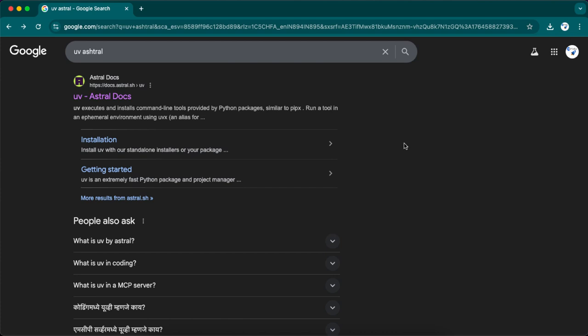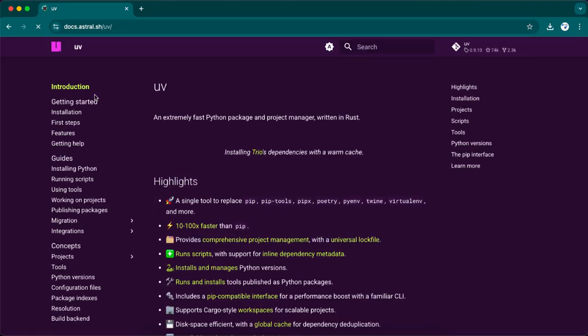Hey everyone, let's go ahead and get started with UV Python Package Manager. UV Python Package Manager is an alternative to pip. We have been using pip for so many years, but one thing we see with pip is that it is quite slow. There is a lot of advantage of using UV over pip. UV is at least 10 to 100x faster than pip,